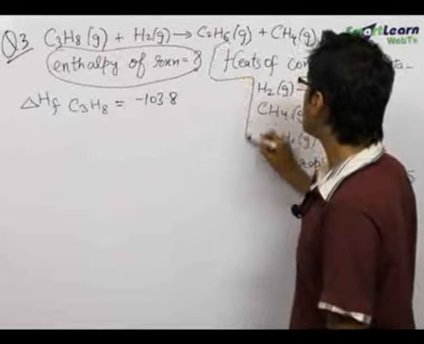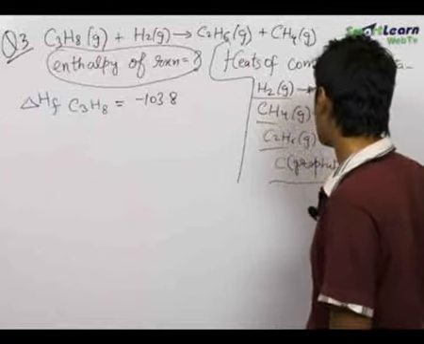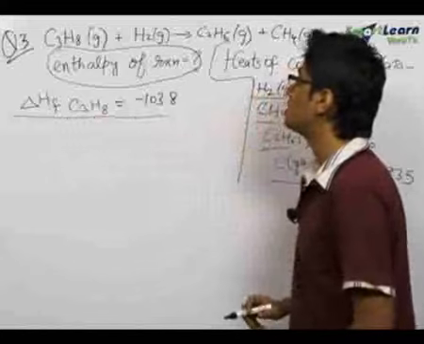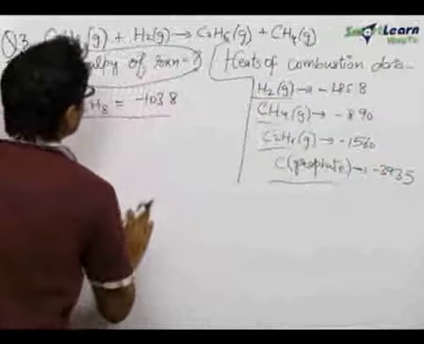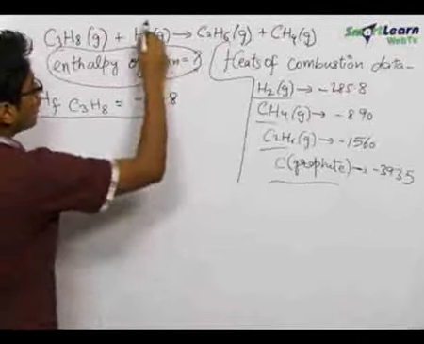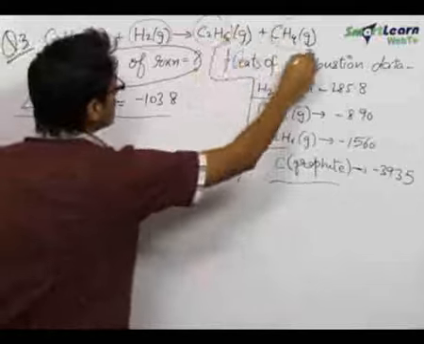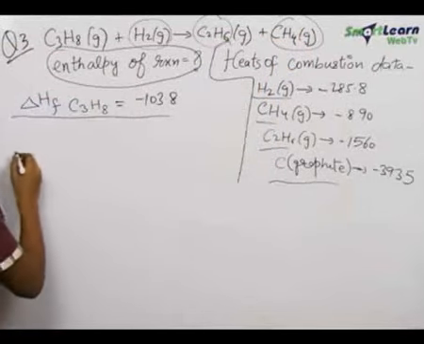We are given the data of heat of combustions of the following substances: hydrogen, CH4, C2H6 and carbon graphite. And we are given the heat of formation of C3H8. Now the concept is, we have heat of combustion of hydrogen, of C2H6 and of CH4. And we know that the enthalpy of any reaction